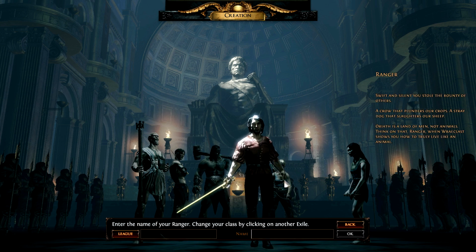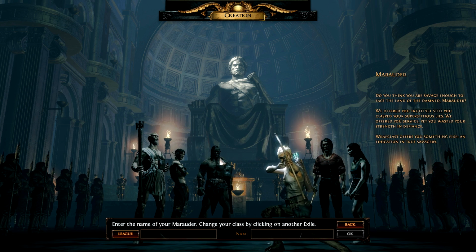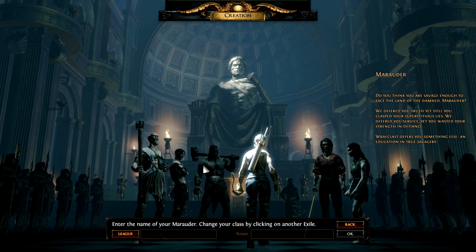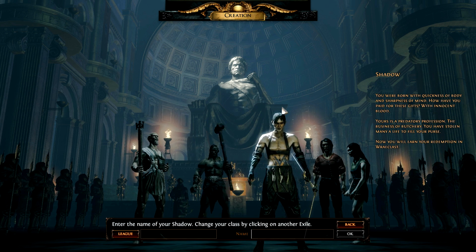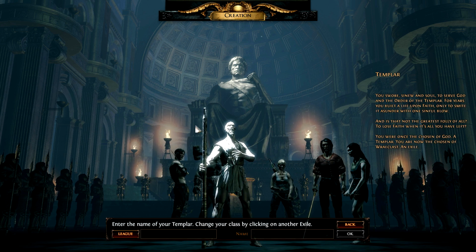Enjoy! We got a ranger, marauder. I guess that's some kind of warrior type. I don't really know. And shadow, I guess that's some type of rogue deal thingy. And we got the Templar. And so let's pick a name and